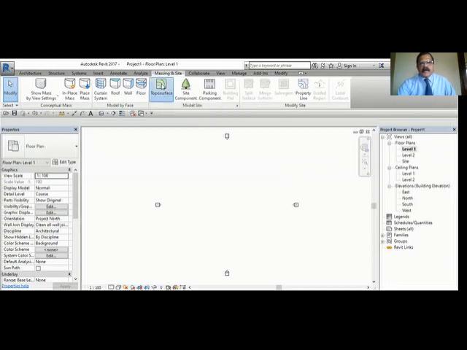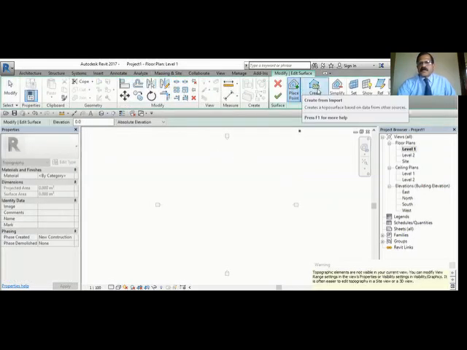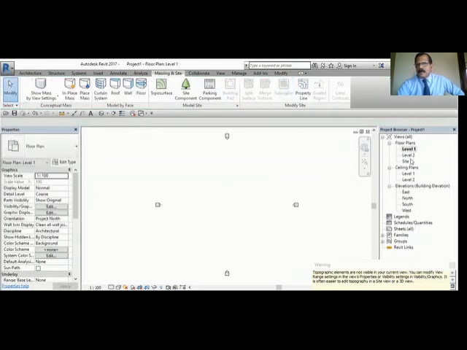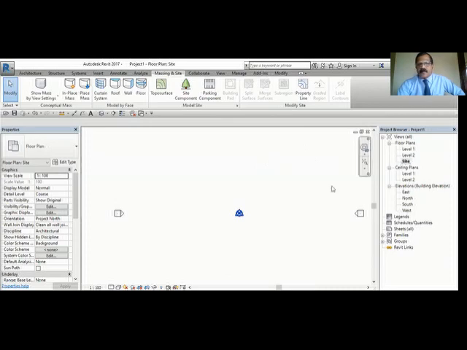When you click the topo surface, you get different options to create that topo surface. Now when I click the topo surface, it's giving a message that you are in level 1 where you cannot create the topo surface, because level 1 is our zero ground. Whenever you want to create a topo surface, you have to go to site. See, there is a site, automatically a level is there. You double click, cancel this, come out, go to site. Now you are there. Okay, you are in the site now.